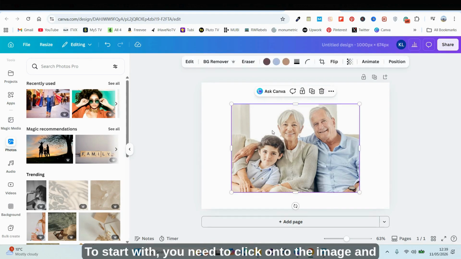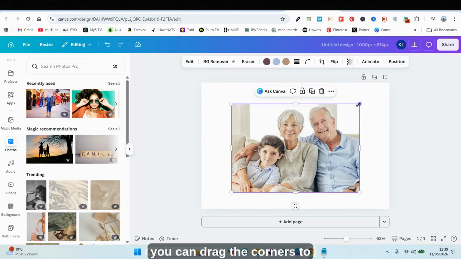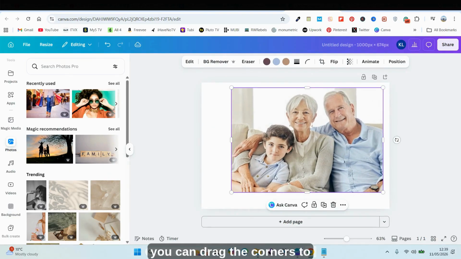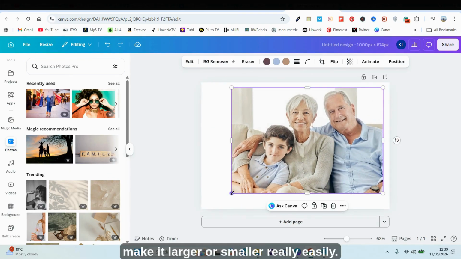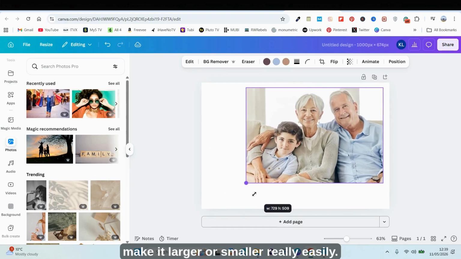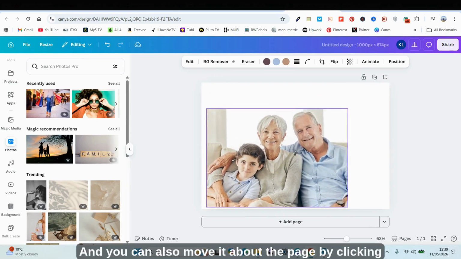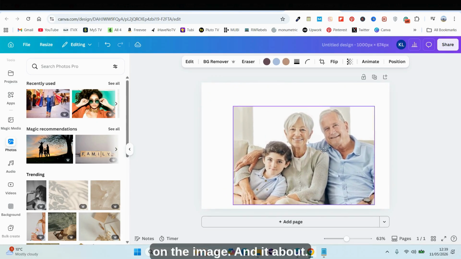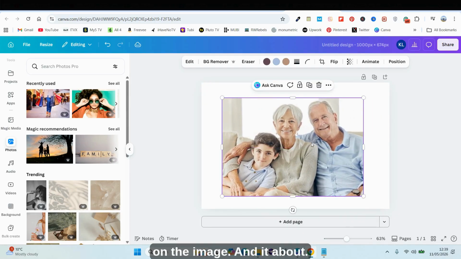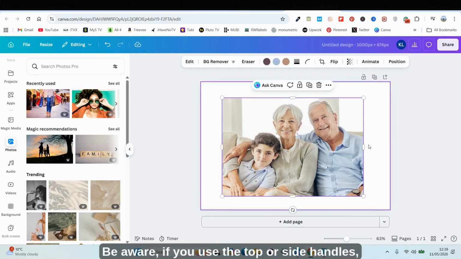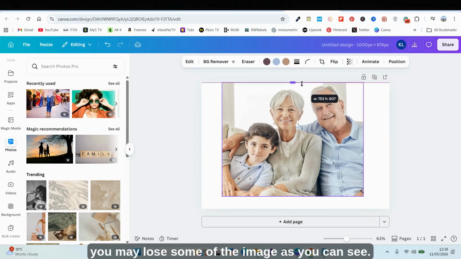To start with, you need to click onto the image and you can drag the corners to make it larger or smaller really easily, and you can also move it about the page by clicking on the image and dragging it about. Be aware, if you use the top or side handles, you may lose some of the image, as